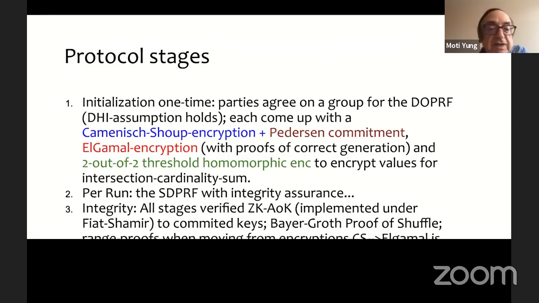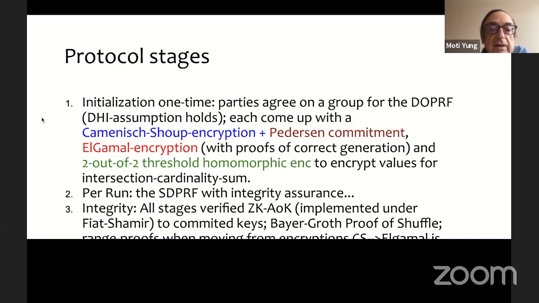So the protocol stages, just to recap a little bit, and I didn't tell all the things. You need, of course, to initialize a malicious protocol, one-time initialization. So the parties have to agree on a group, on the structure of the distributed Oblivious PRF, for which they can choose different keys in different runs or different set of runs.